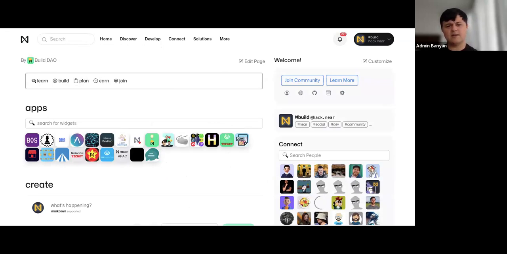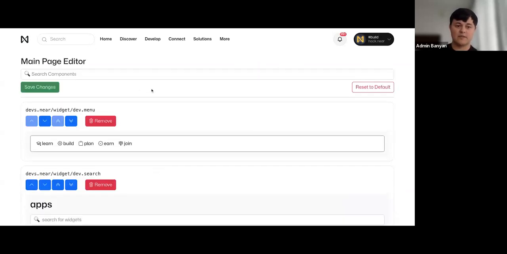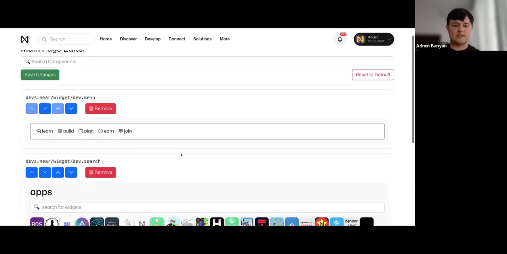And the reason it's cool is because you can actually edit whatever you see as a default, and that would affect what everybody sees when they come to your community page that you built. But the users can go into this little button here, and they can customize their own page. So what we want to do is actually